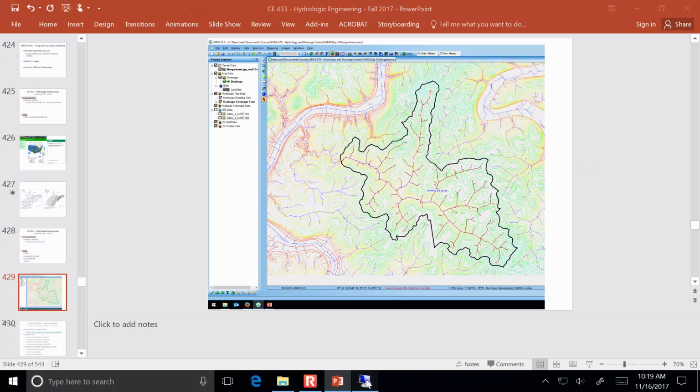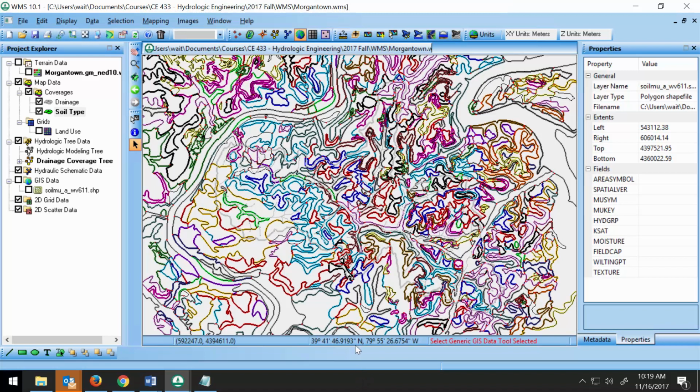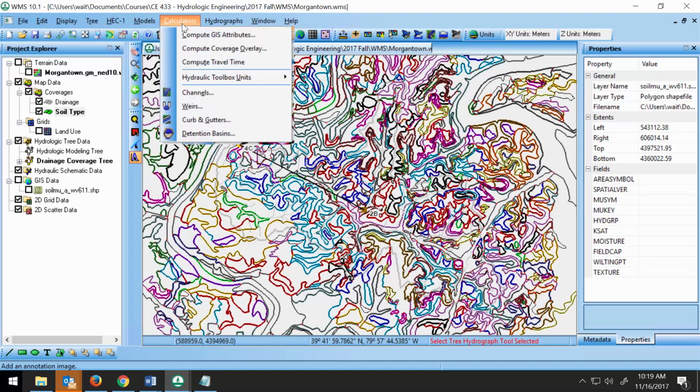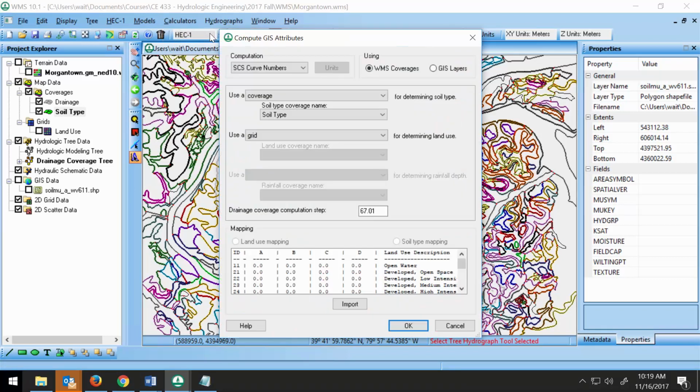All right. So here's what we're going to do now. We're going to use that table to calculate the curve number. Go into the Hydrologic Modeling module. Under Calculators, we're going to compute GIS attributes. And then we want it to compute the SCS curve number, and it's going to use the soil type coverage for determining soil type, and it's going to use the grid for determining land use,